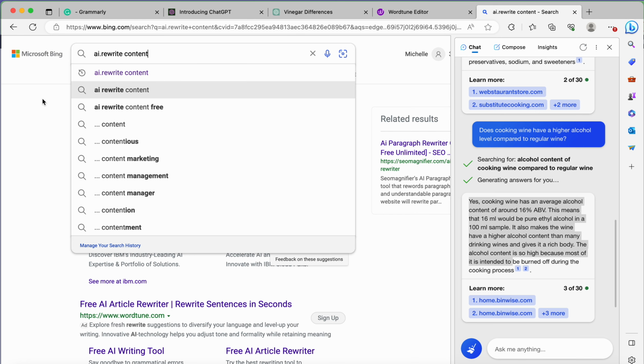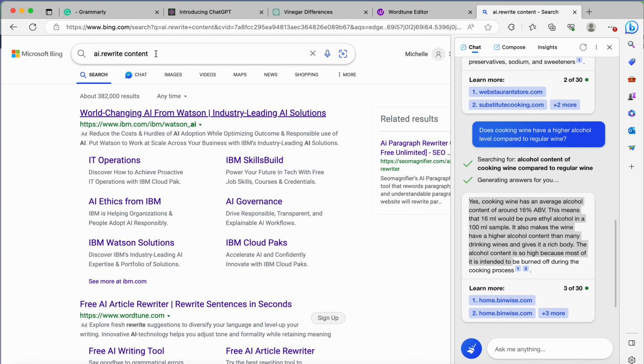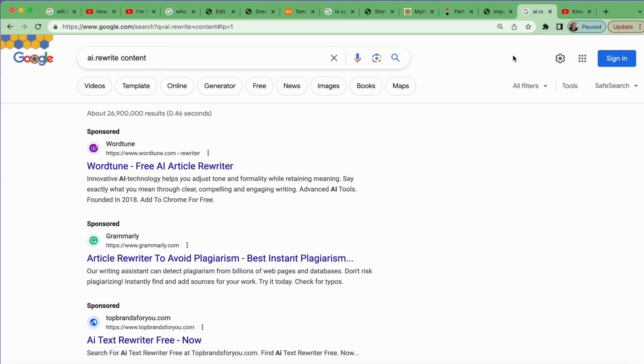AI rewrite content. I typed that query into the Microsoft Bing search in their browser, and it produced 382,000 results. I went to the Chrome browser. I typed the same thing in. It produced 26,900,000 results. And that popped right up, WordTune.